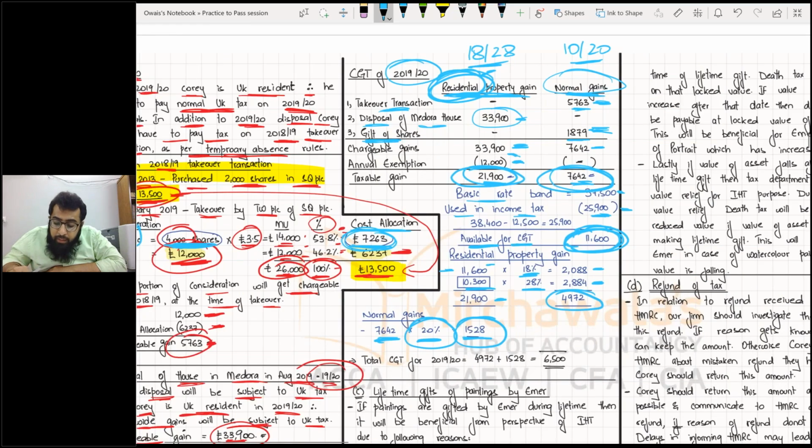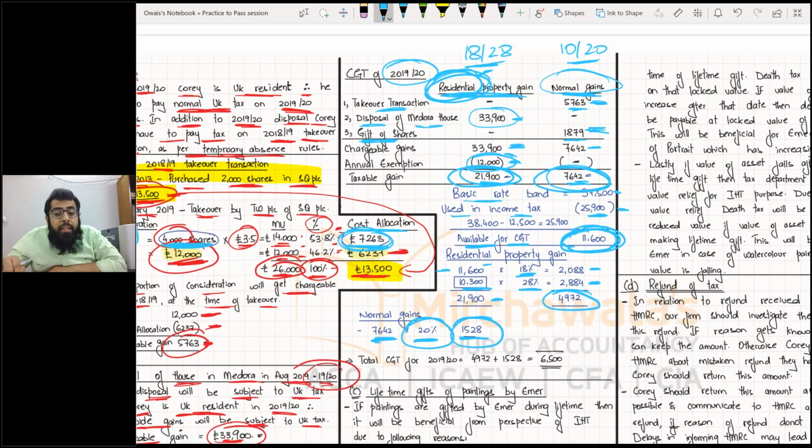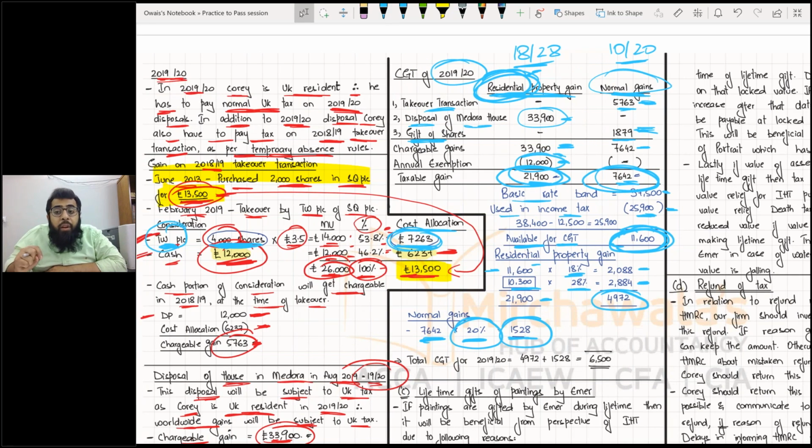Obviously, I will use my annual exemption on residential property gains so that the greater CGT is saved, because the rate of CGT is higher there. So I spent the 12,000 exemption on residential property gains. So this is my taxable gain. Then, my friend, we have a basic rate band of